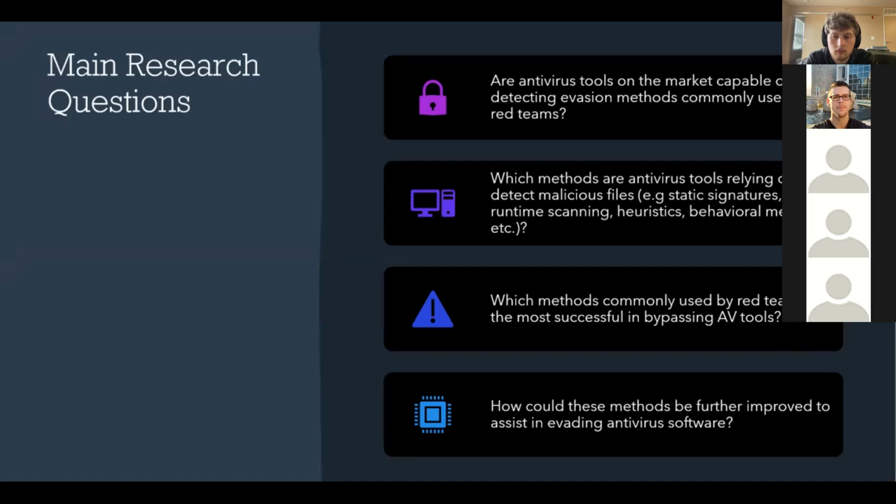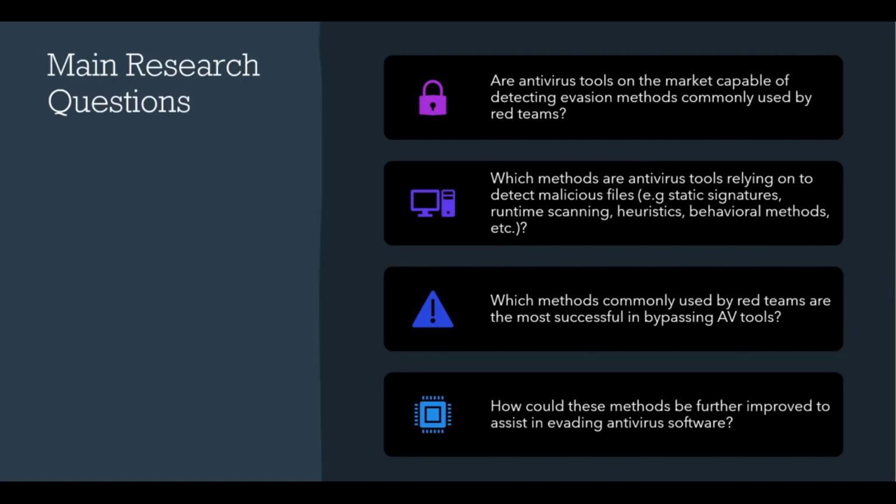And antivirus tools are, of course, used these days by mostly anyone who uses a computer, from individuals on small home networks to large enterprises. So there really is a need to better understand how antiviruses work and how they're detecting, what kind of methods they're using to detect malware, so that we can think of different ways to bypass